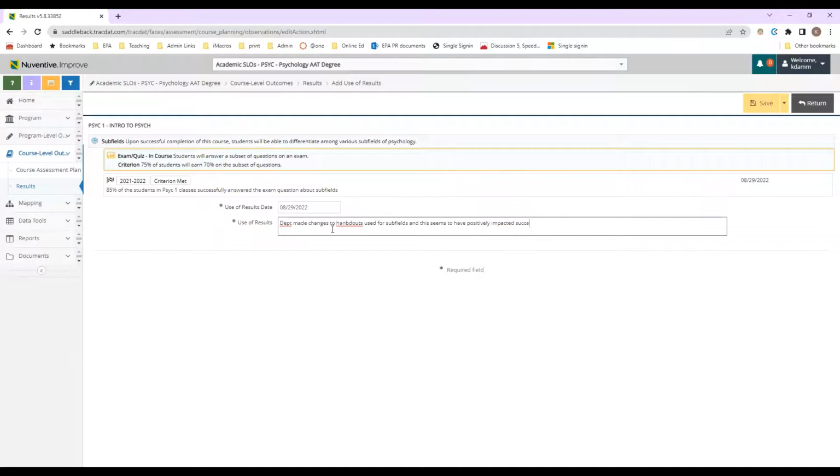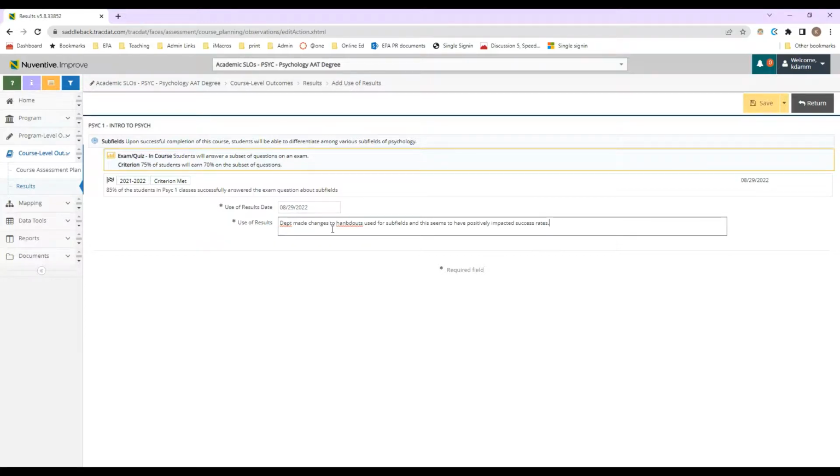It doesn't need to be a lot. It could be a proactive thing. So maybe you're saying, hey, our results weren't just what we expected, so next time we will do something different. We're going to adopt a new book. We've changed the sequence of courses. Any of the things that your department's already doing that you think may be related to this outcome, put here, because it'll be easier for you to write your department